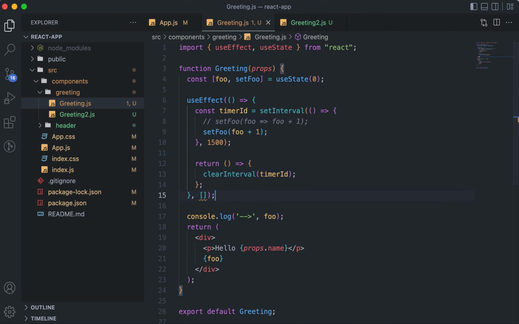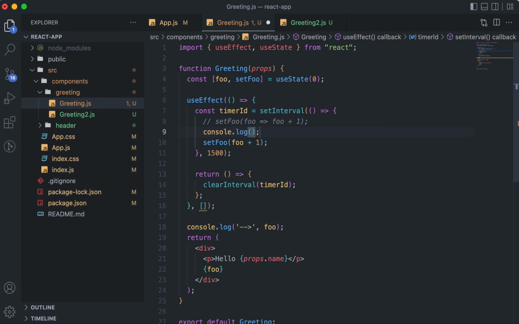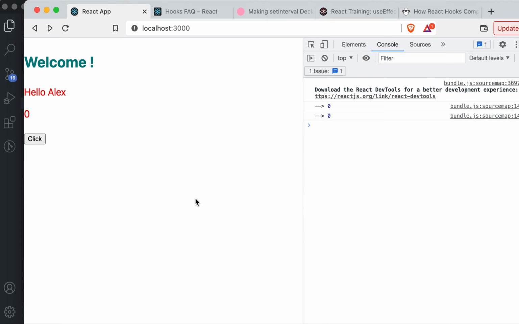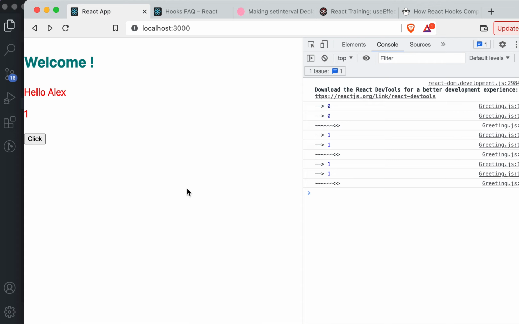Initially, when it is first called, let's print this. So let's say log, and let's say anything. Let's simply put an arrow. So you can see that that thing is being called every time, but the problem is that this timeout, this interval, set interval, is being called every 1.5 seconds,